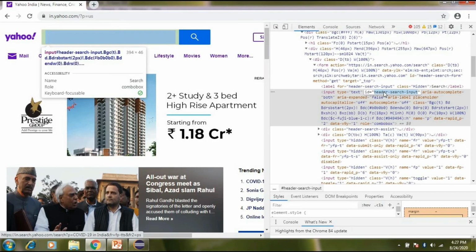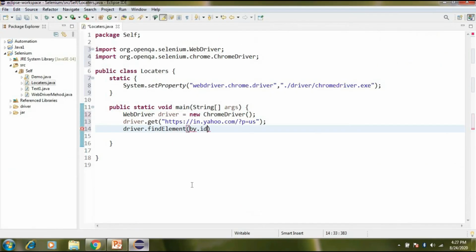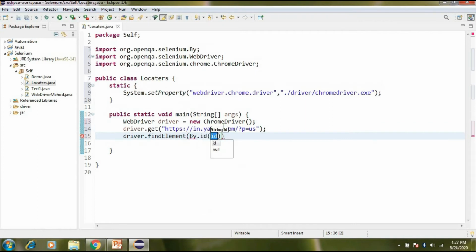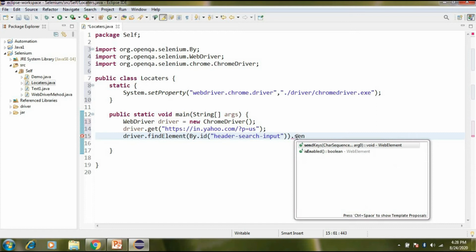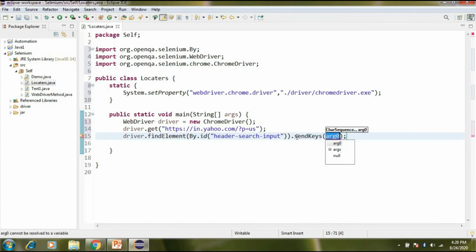How? Here you can see the ID. Just select and copy, and in By.id paste it here. And using sendKeys, I enter the text. The sendKeys text is movie.